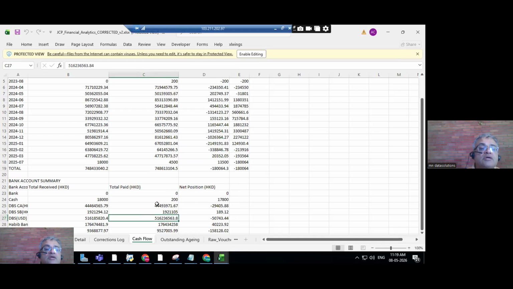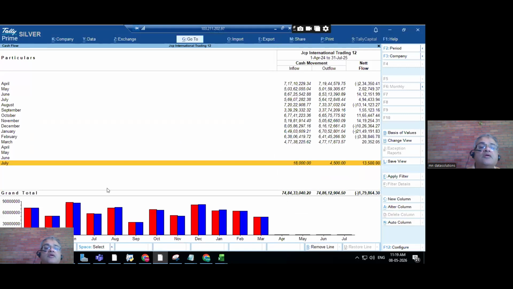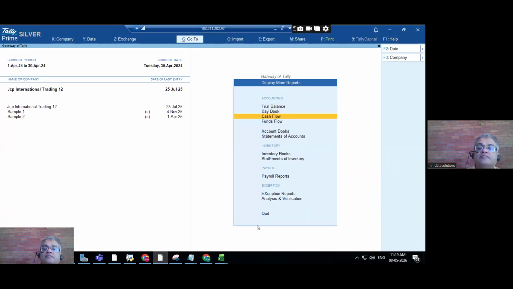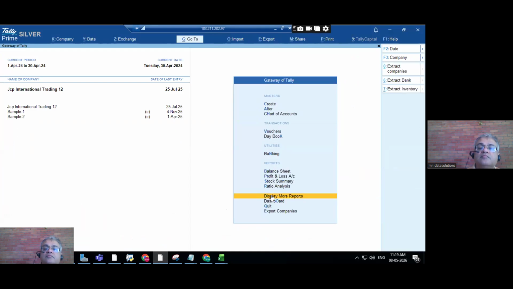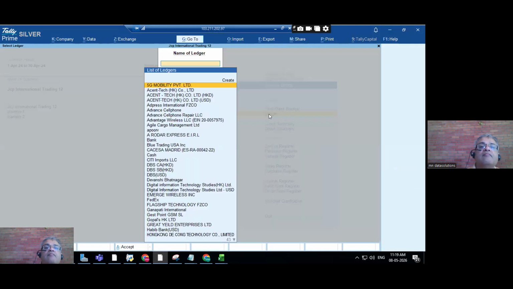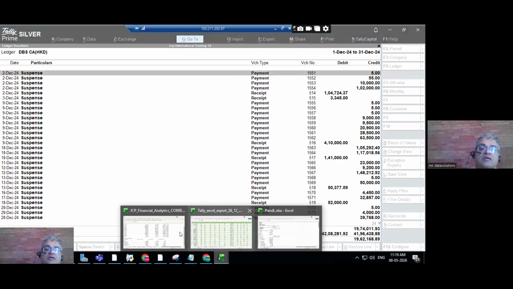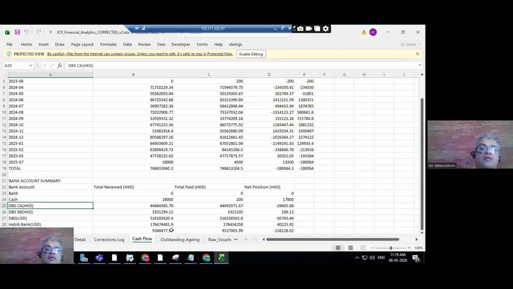फिर बैंक अकाउंट समरी, डीबीएस सी एच की भी उस लेजर पे आ जाओ। ओपनिंग और क्लोजिंग अप्लाई ना इसकी। टोटल एचकेडी में इतना मिला, पेड इतना, नेट पोजीशन ये।